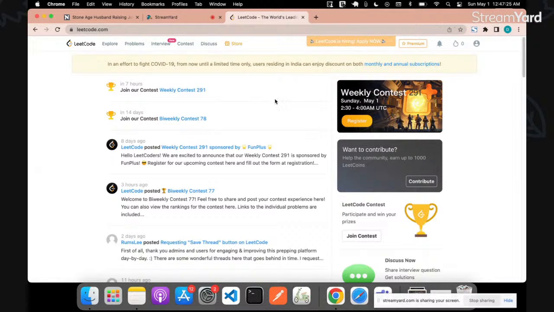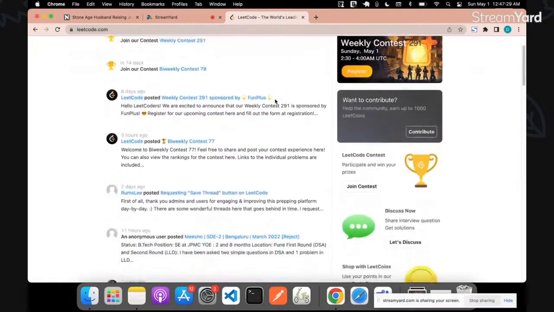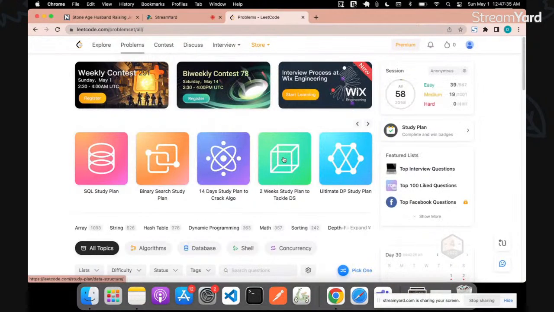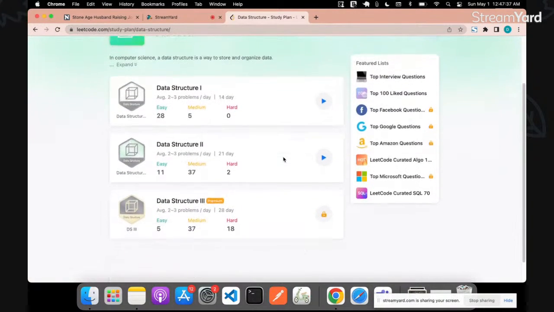Hello everyone. So today I'll be solving another problem from Leetcode. I have been mostly solving some data structure problems,